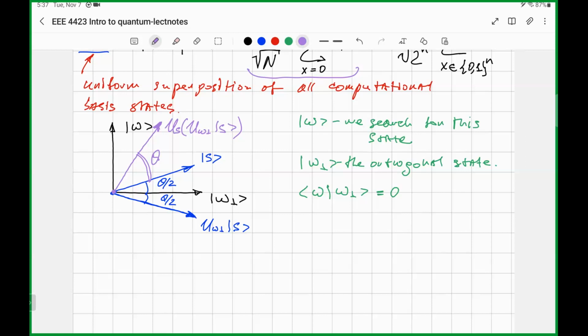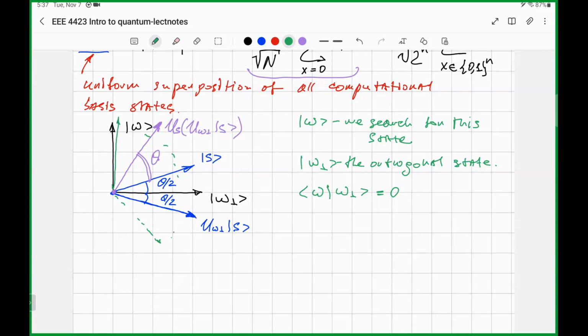Okay, so it's going to be some vector pointing in this direction. And then reflecting this vector again over the state S, this blue state, will return our state somewhere here. So it's going to be a new vector which will be even closer to the state we are